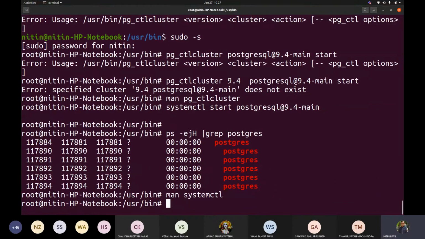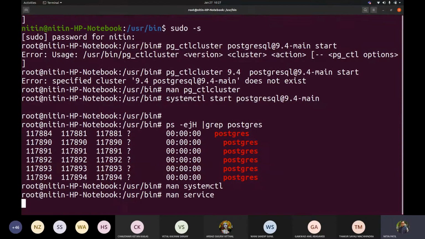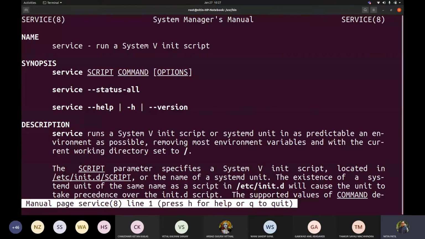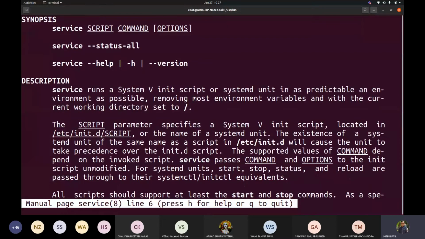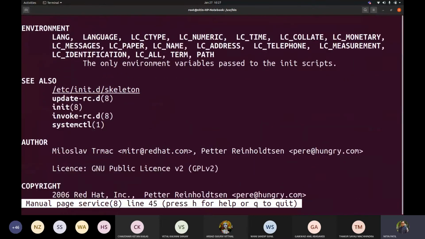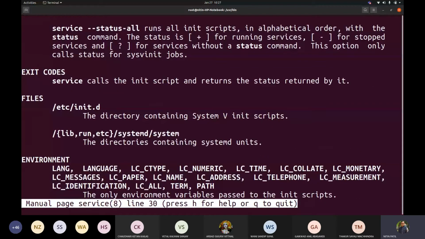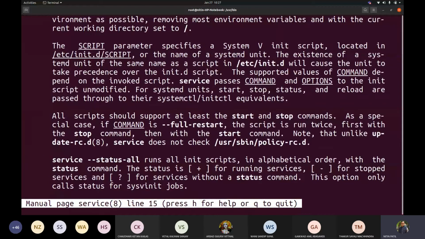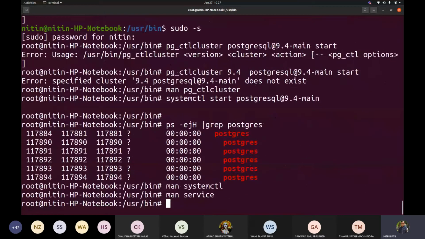Fine. So your task would be, you can write up your task now. I want you to find out how exactly you will start the service instead of using systemctl or the service command. Like you must have seen, one can use the service command as well, which will run the script for starting the service. Correct. And then you mention which service you want to start and what exactly you want to do. So systemctl stop, systemctl start, and so on. That's how you go with this.